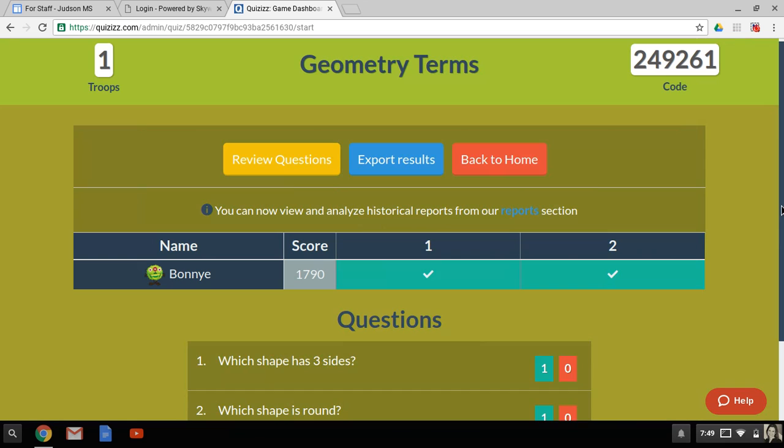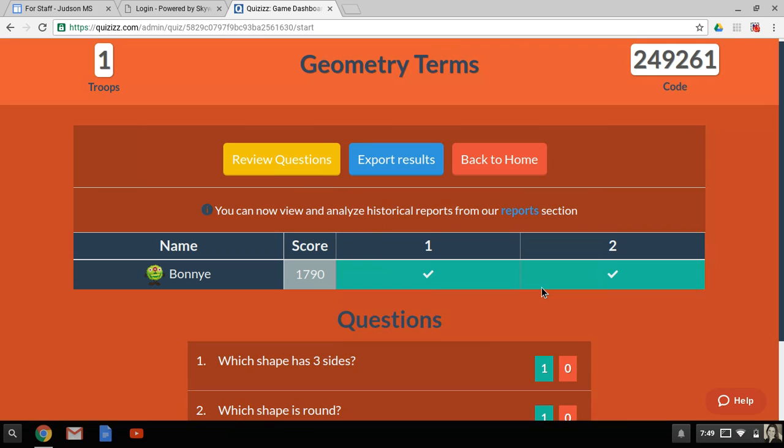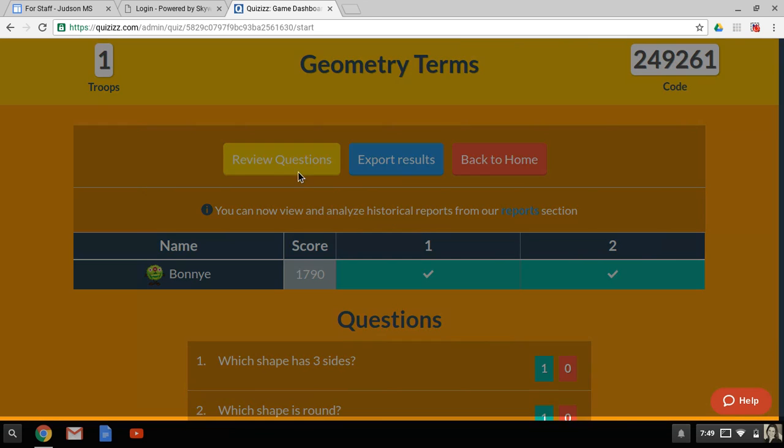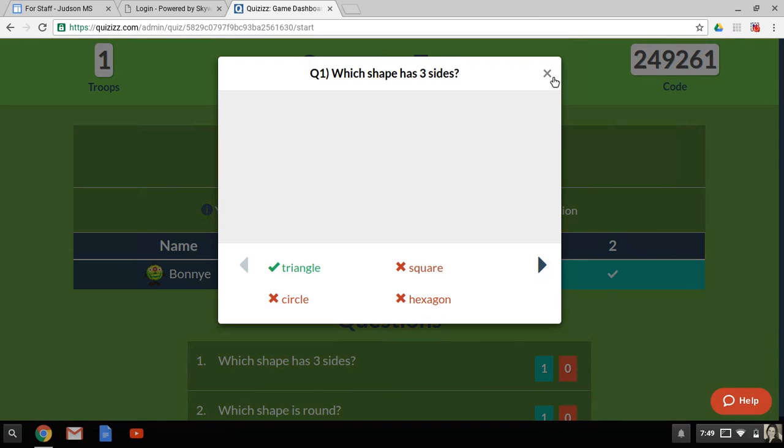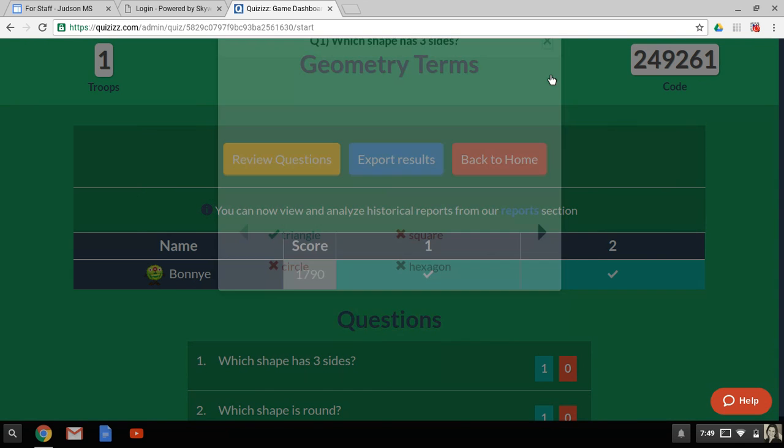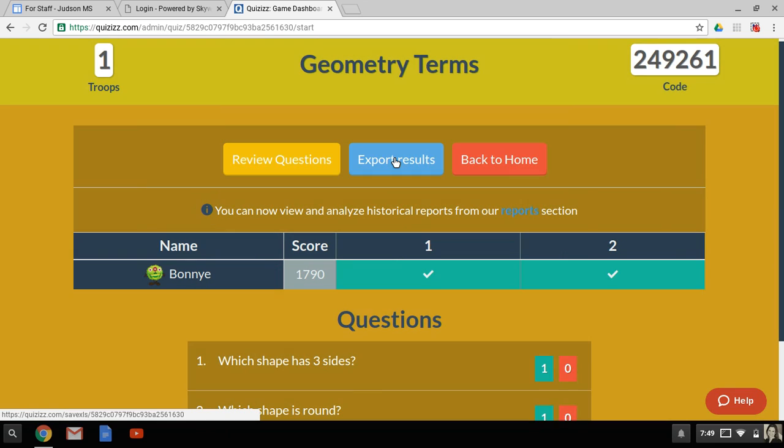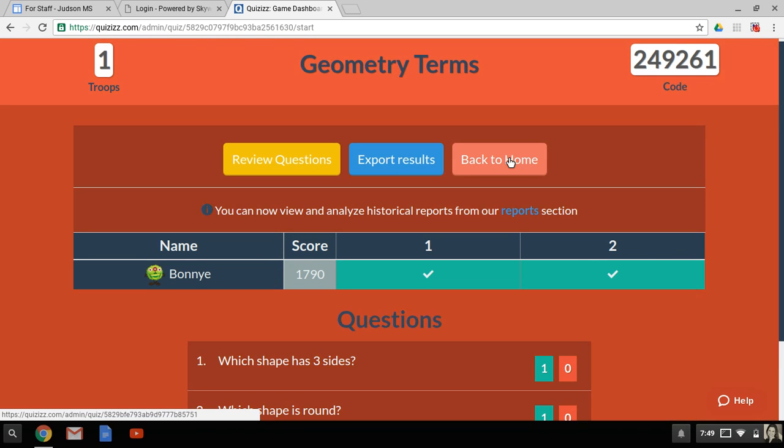Once the students are done, you'll see lots of colors here with right and wrong answers. The wrong ones are colored red, and you can even go and review the questions. Another reason why pictures might be good for your subject matter is because it shows the picture and the answers. You can export the results if you want to take a grade, or you can go back home and create a new quiz,